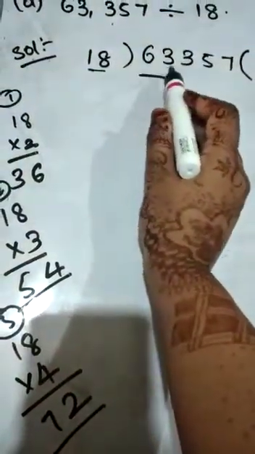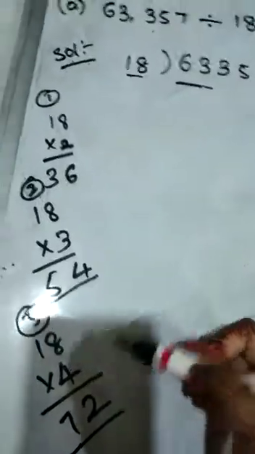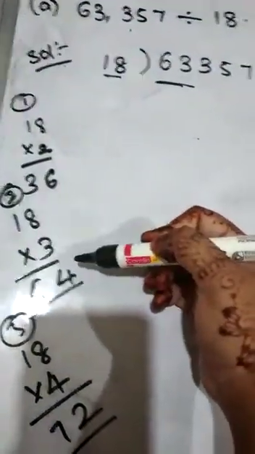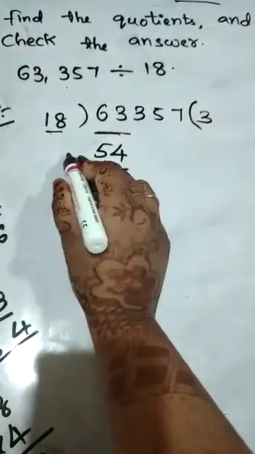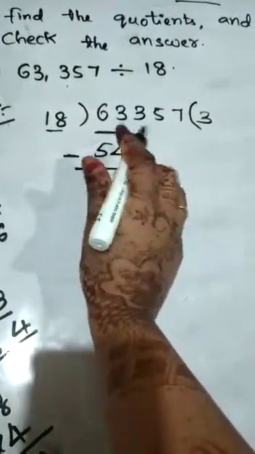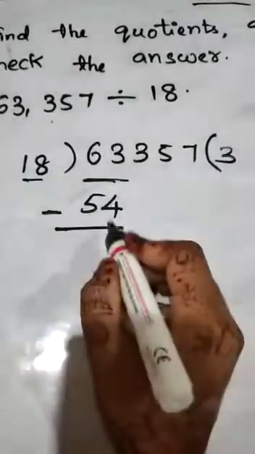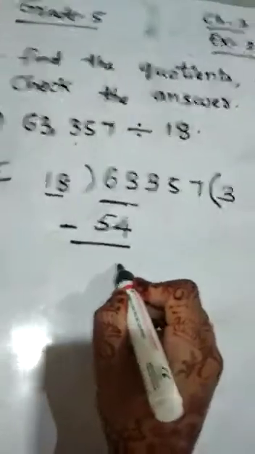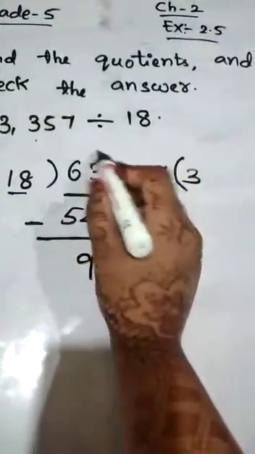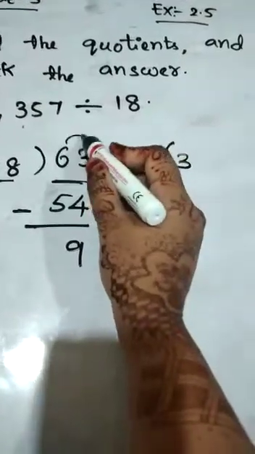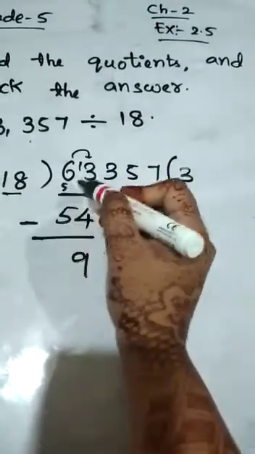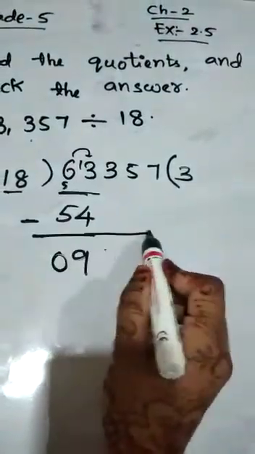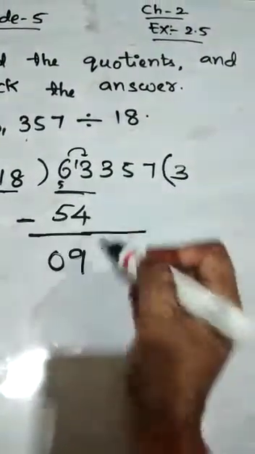So 72. So we have to see the two digit number. What is the two digit number? It is 63. But we are getting 72 for 18 fours. What is lesser than this? 18 threes are 54. So we should take 18 threes are 54. What we have to do? We have to do subtraction here. 63 minus 54 is nothing but 9. You can take it directly from here. 3 minus 4 we cannot do, so you should borrow from here and this will become 13. 13 minus 4 is 9 and this will become 5. 5 minus 5 is 0. Directly you can do 63 minus 54 also, you will get 9.